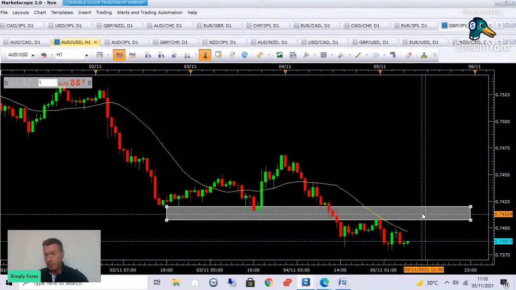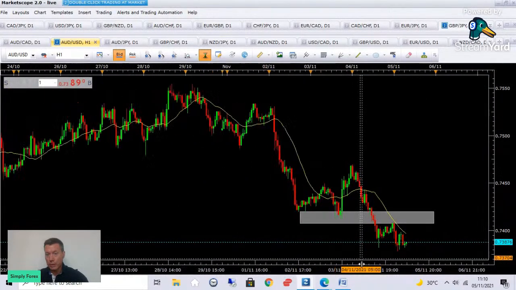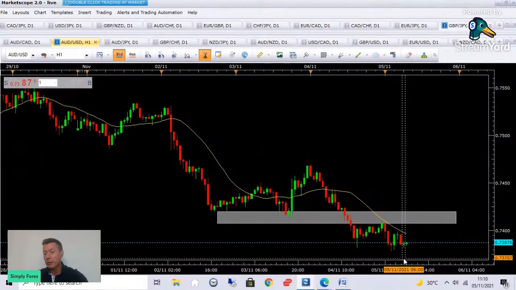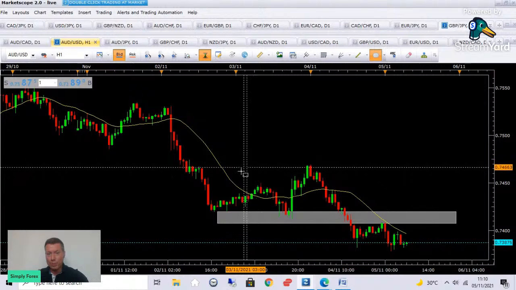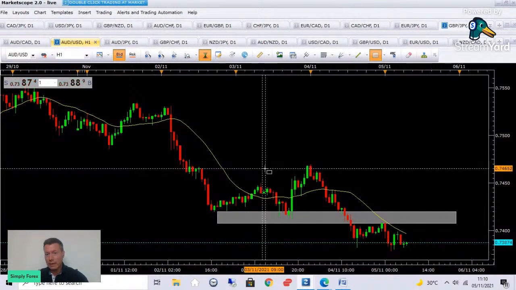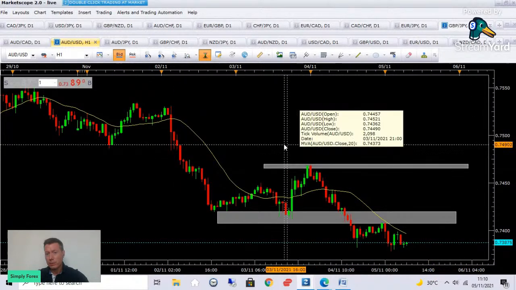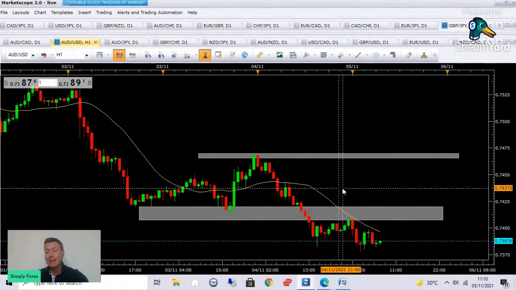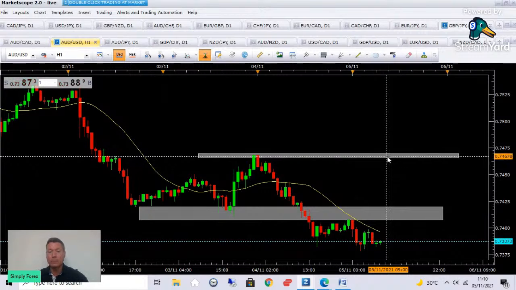So I'm looking for a bearish candlestick pattern in this grey zone. Then I will take price down to the low, or I might let it carry on a little bit more. It can react there, or potentially it could react at this last high here. So we have to understand there's a couple of zones that it could react in and go shorter. So, bearish candlestick pattern in this grey zone, or potentially it could go up to this area here.